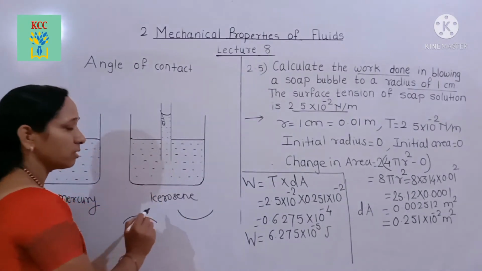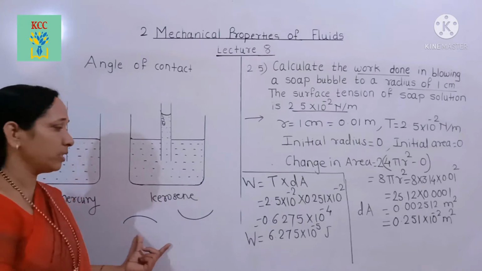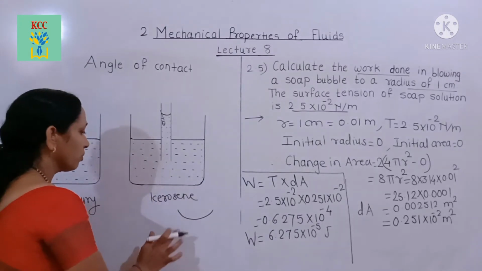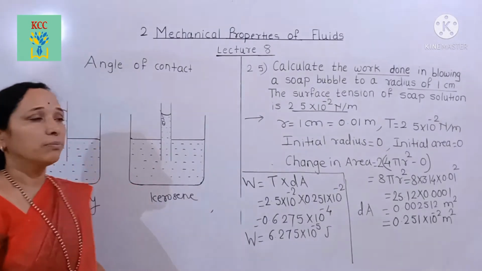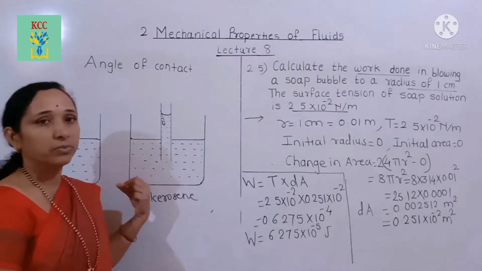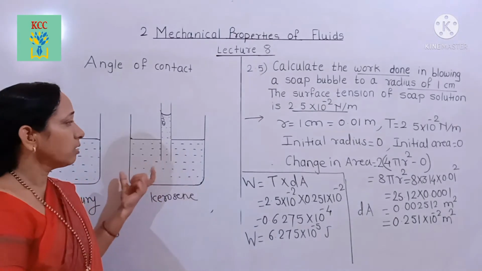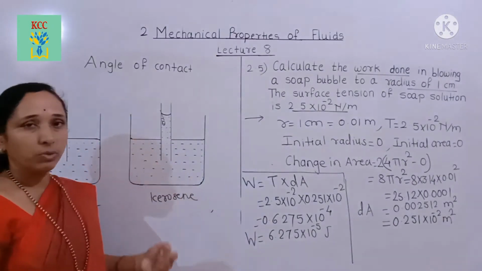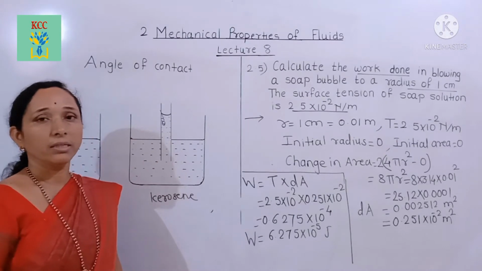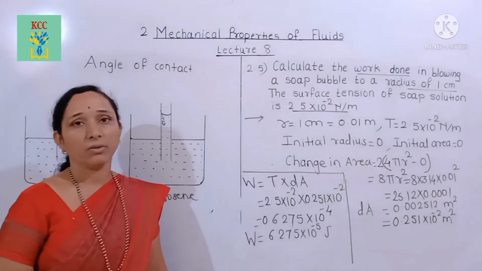Convex means as this, like a convex surface. Now here also, due to the behavior of a liquid and solid, there are different forces acting on the liquid molecule when it is in contact with a solid